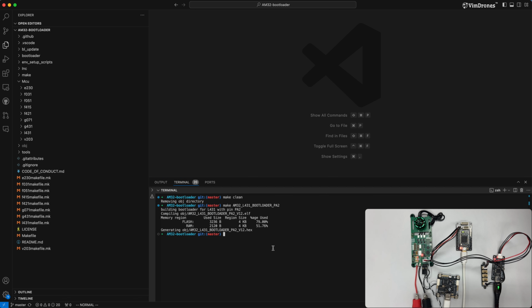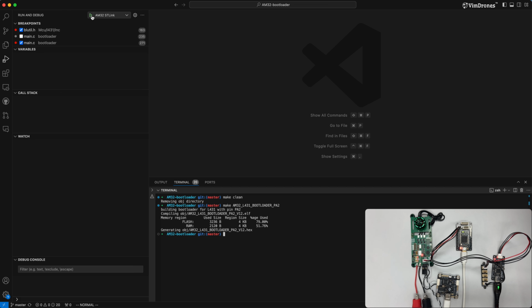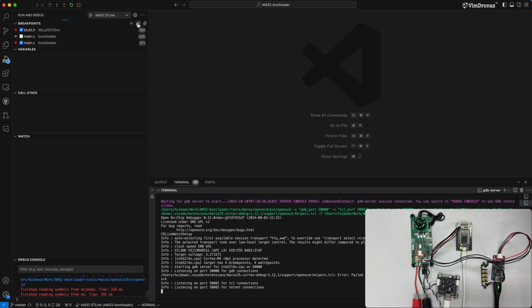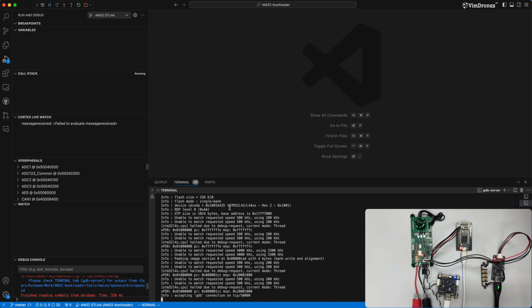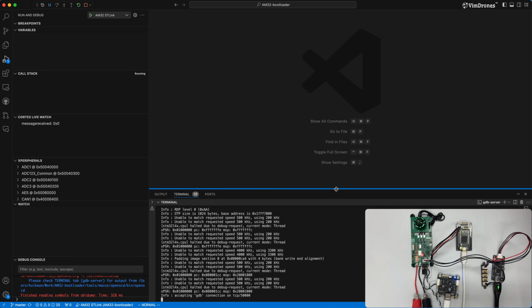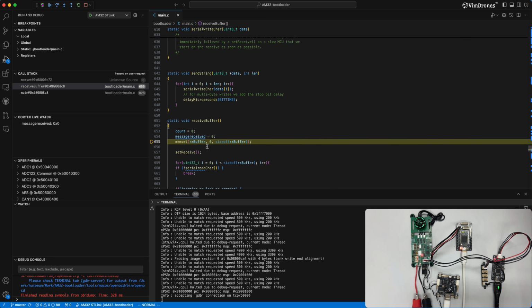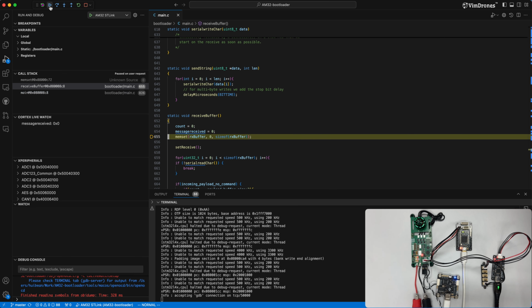Okay, now the build is successful. We try to run it. Now the program is running, so we can pause to check if it stopped somewhere in your source code. Since it's running fine,